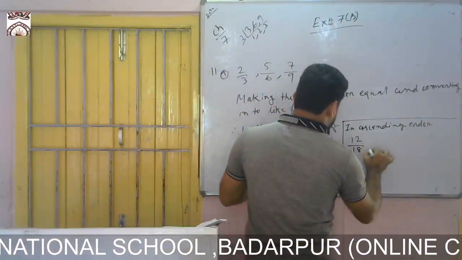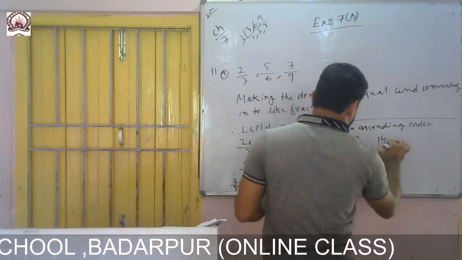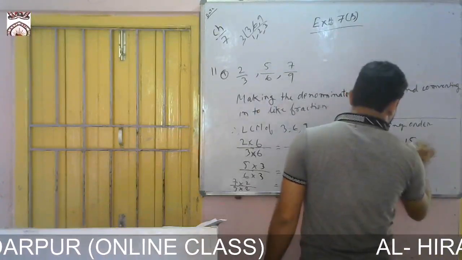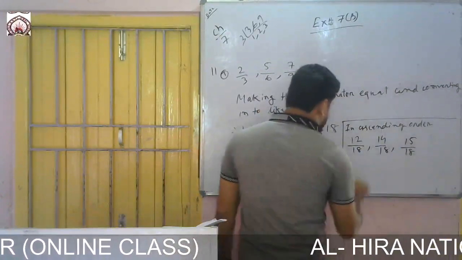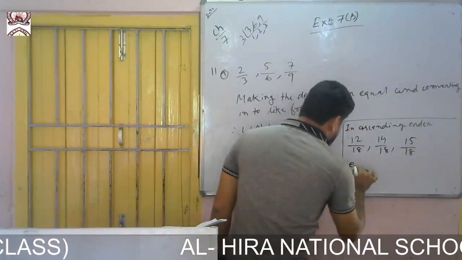12, 12 by 18. Then 14 by 18. Then 15 by 18. Now you write the